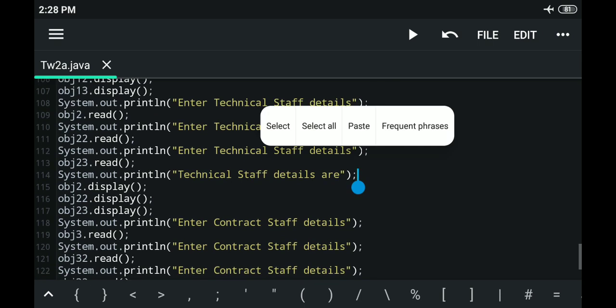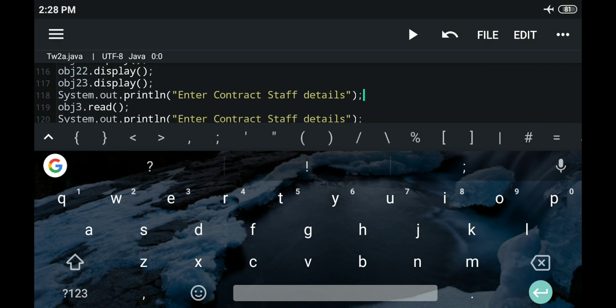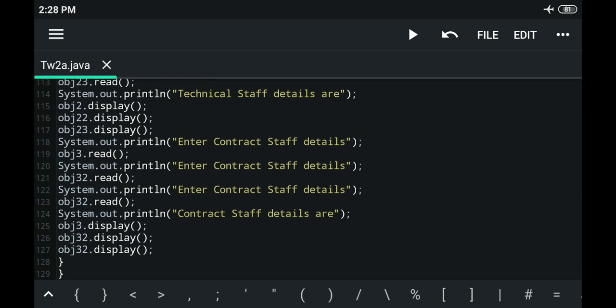Similarly, line number 108 to line number 117 is going to read the details of 3 technical staff and display these values. And similarly, line number 118 to line number 127 is going to read the details of 3 contract staff and display their respective information. So now let us see how this program runs.